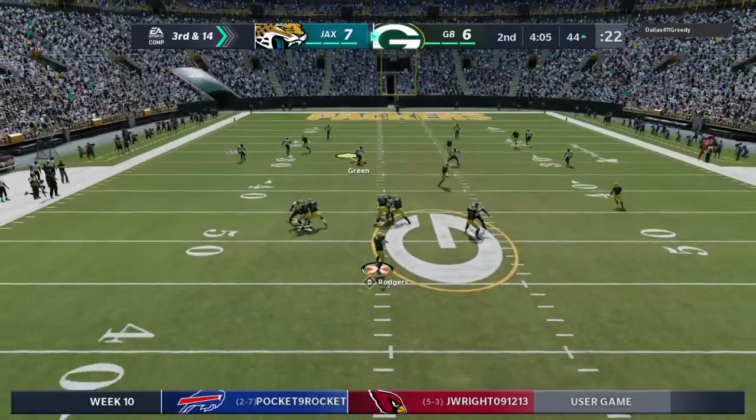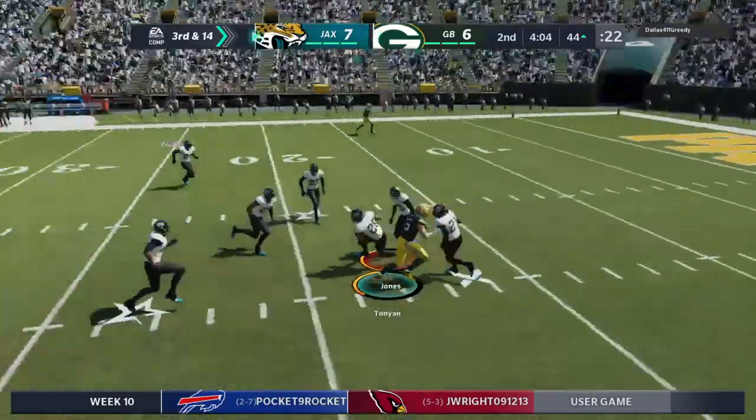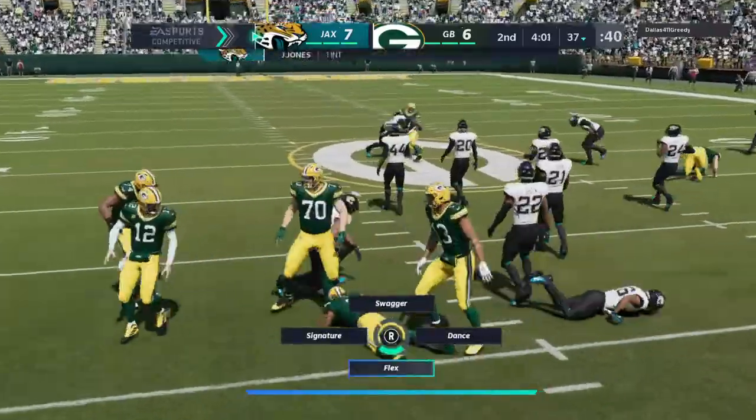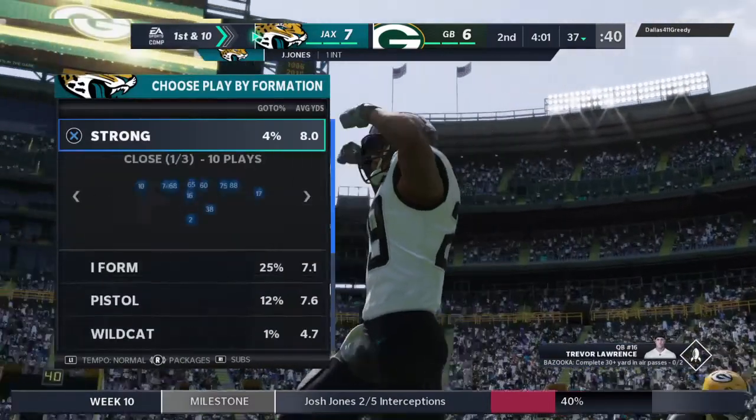Working from the gun, Rodgers. Into heavy traffic, and it's intercepted. Picked up by Josh Jones. And he's going to take this one back to the...